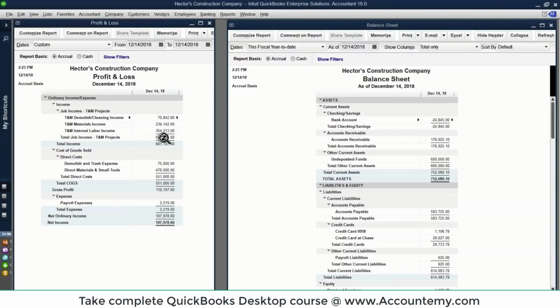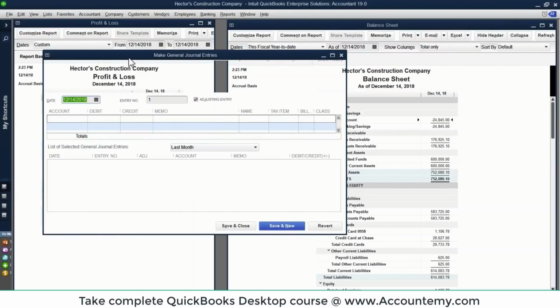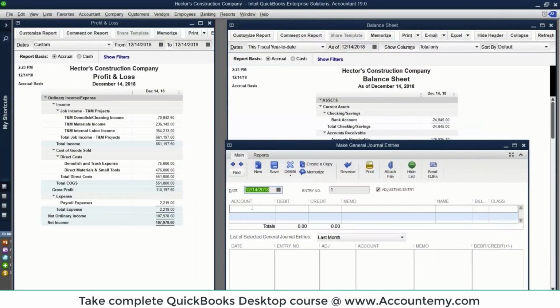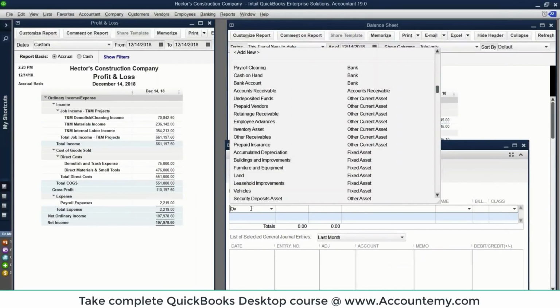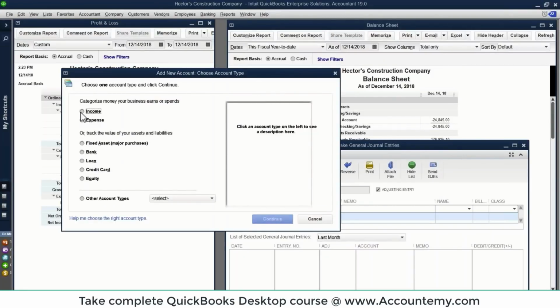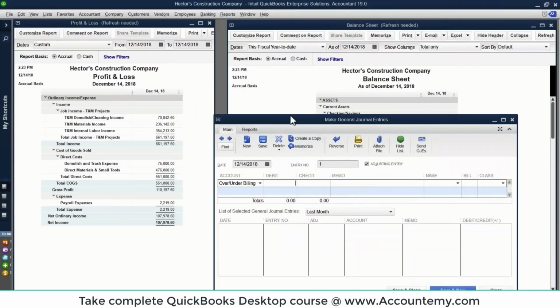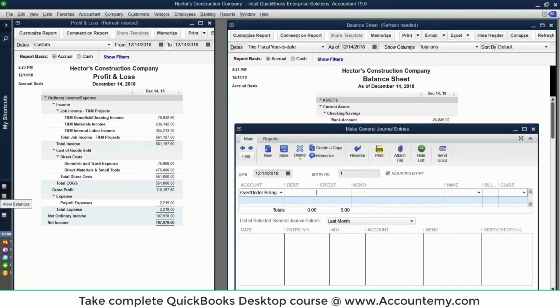But if I want to adjust that 661 to look like 600, because that's the only payment I received, then at that point I do a journal entry. I'm not a big fan of it, but I can do a journal entry. So I'll do a journal entry here. Okay, and I'm going to create an account called over under billing. The over under billing is a particular thing to the construction industry where they start by recognizing work in progress and then they remove how much they have invoiced above and beyond what they recognized, or under, right? So in this particular case, I'm going to recognize the overbilling of 61,000 just to let you know that we haven't gotten that money. So it's one way to get the